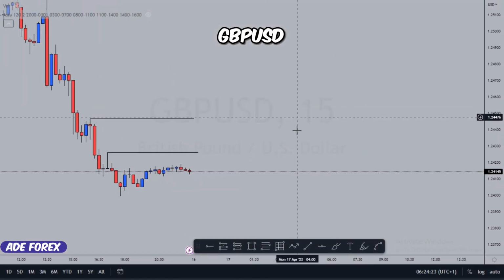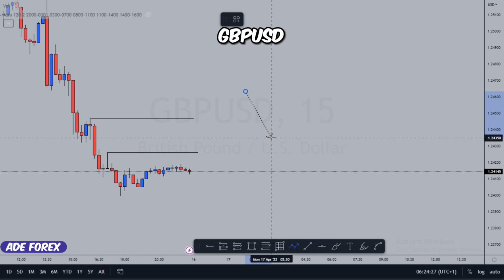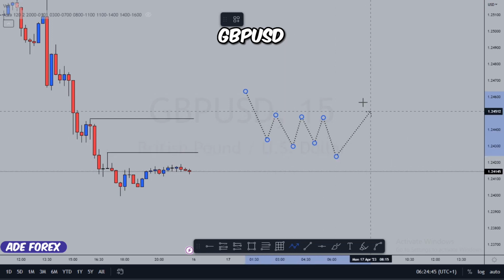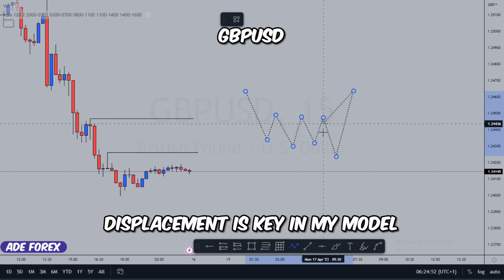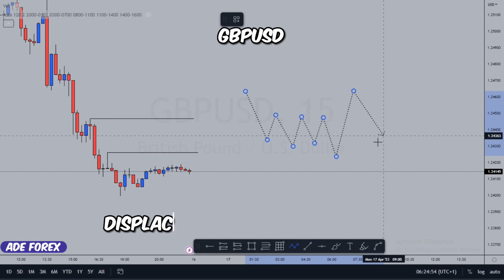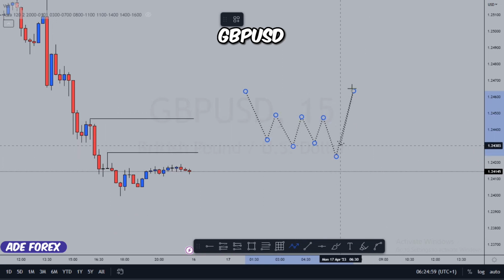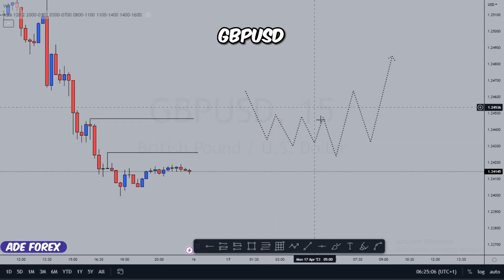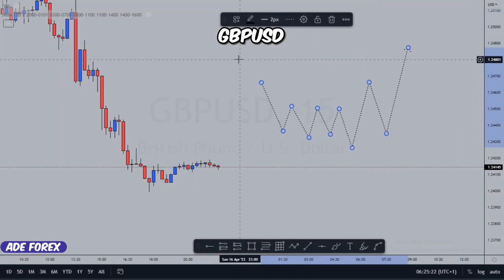Basically, the way I trade my setups is, if I'm looking to trade reversals, I'll be looking for something like this, and then once the market takes out the liquidity with huge displacement, giving us a shift in market structure, then my entry will be somewhere around here. Don't forget, I said with huge displacement, right? So I'm actually giving you guys my entry model. Let me explain right here.